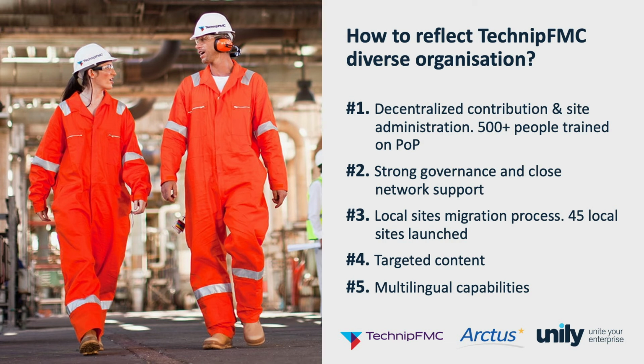Just to give you a word about the local site migration process. On the legacy platform, there were, I think, 80 local sites and 9,000 sub-sites. That was huge, and we needed to streamline and rationalize that when we migrated to POP. So we've put in place a whole migration process. Now we have 45 local sites that are launched, and I think we've reduced considerably the amount and the complexity of the local content, hopefully for the better of